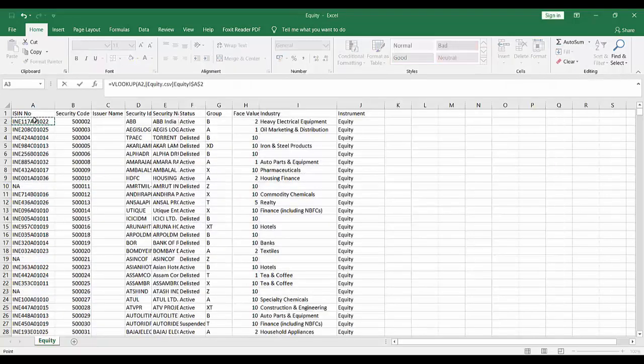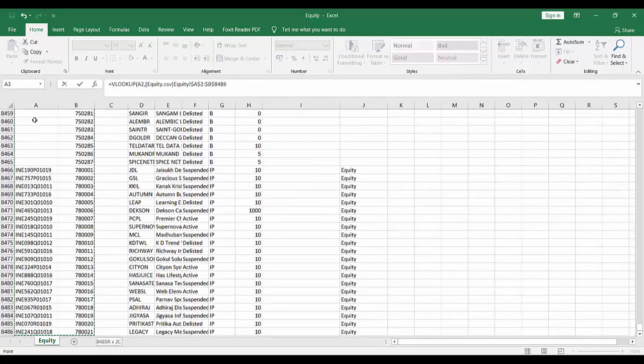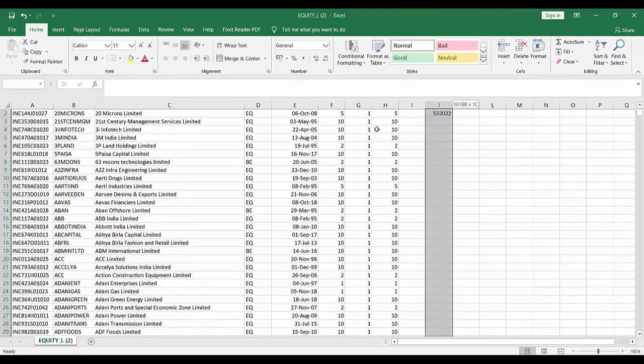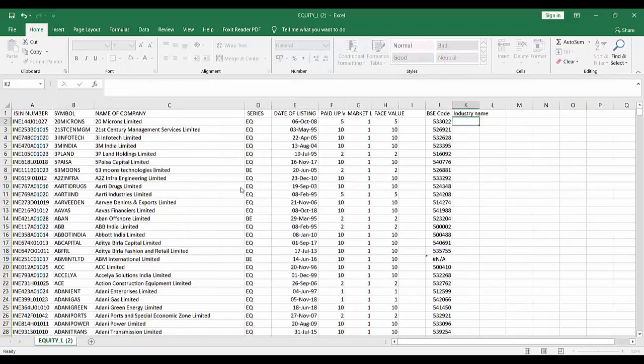We will go to the ISIN, and what we want is the security code of BSE, 2, 0. Here is the BSE code.